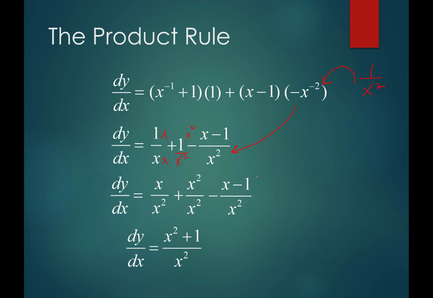So note the numerator right here is x plus x squared minus x plus 1. Don't be confused with that negative right there, because you have to change the sign of x minus 1. So this goes, that goes. I only have x squared plus 1 divided by x squared. So that is my derivative for